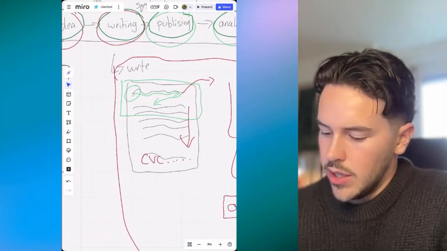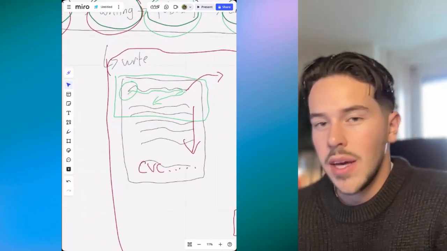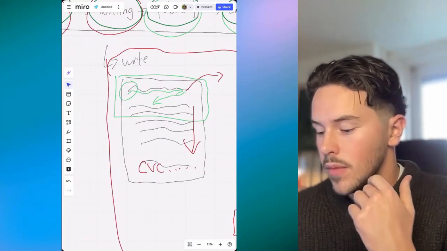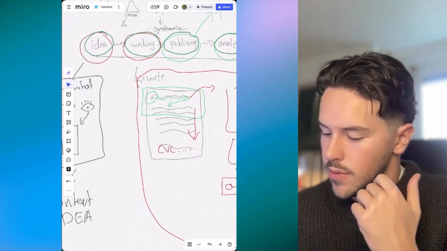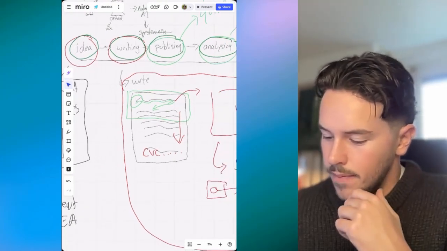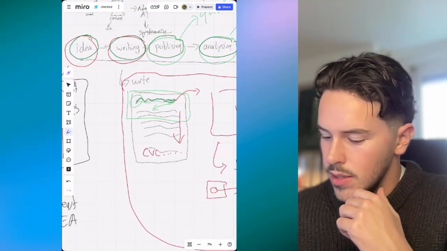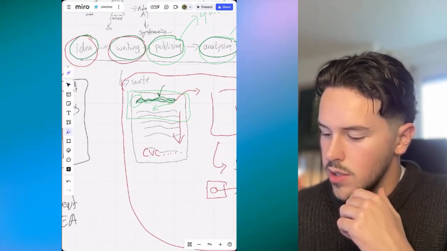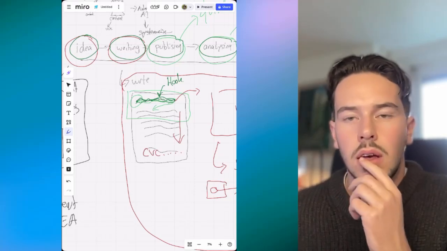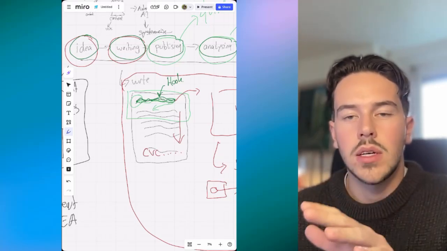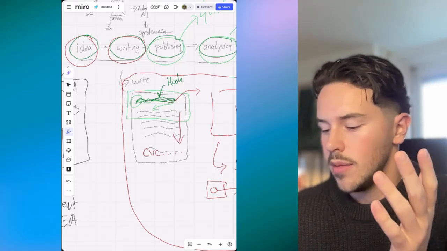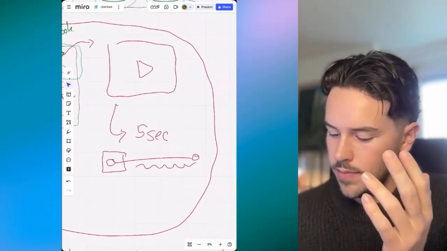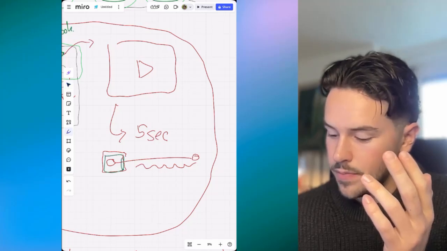So I've written it down here. So content consists of 3 main units, I would say. Here on the top, this part, that's the hook. That's the first sentence of, like for an article or a LinkedIn post, or maybe the first 5 seconds of a video.